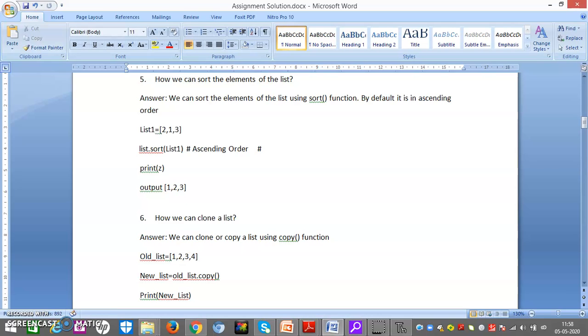Now what if I want descending order? I will write list dot sort in braces, the name of the list, comma reverse is equal to true. So this is the thing for descending order, right?